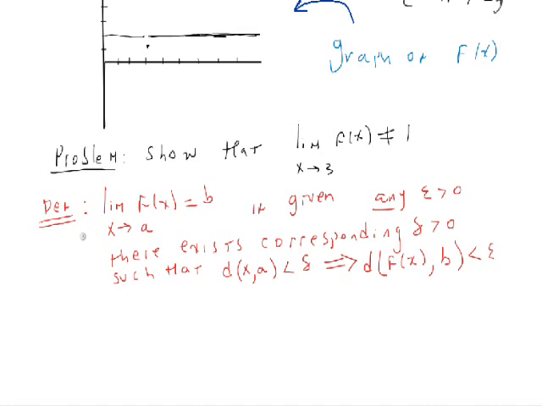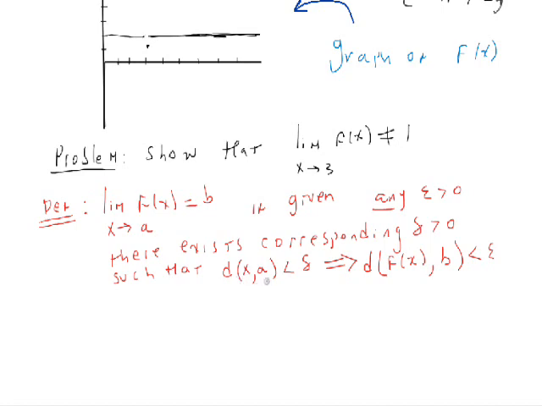The definition says that the limit of a function f of x is equal to a value b as x approaches a if, given any epsilon greater than 0, and look at the word any here, it's important, where epsilon is some arbitrary number, usually very, very small, there exists a corresponding delta greater than 0. Now this delta depends on this epsilon,